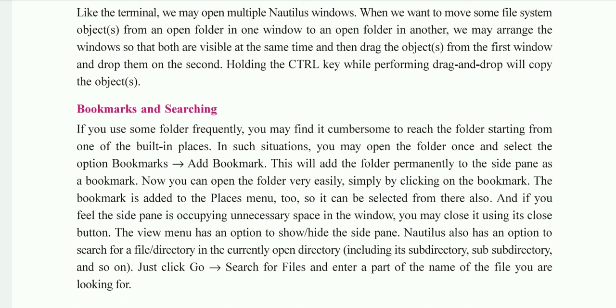This will add the folder permanently to the side pane as a bookmark. In the side pane of the Nautilus browser, the folder appears under bookmarks. Now if you want to open that folder, you can easily go to the bookmark section and find the icons or folders from there.